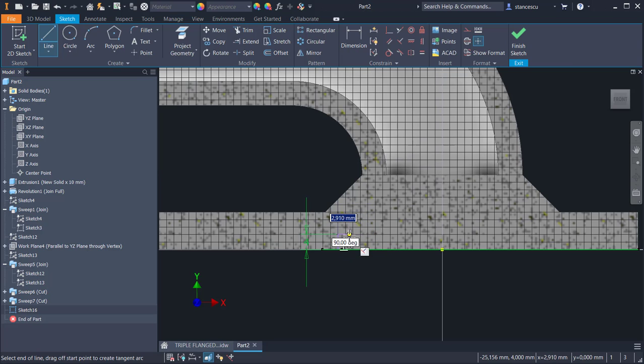then a line to this corner. We have to make this selectable. Yes, we stop here, we project geometry, which is this, and then coincident this point with the end of geometry. Another geometry to project is this, and I apply parallel. Yes,